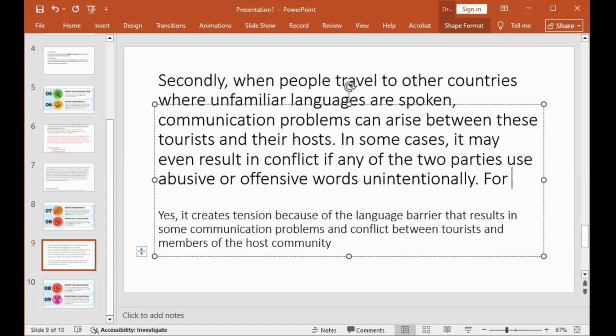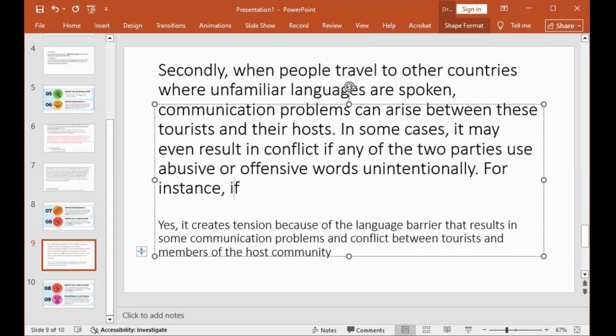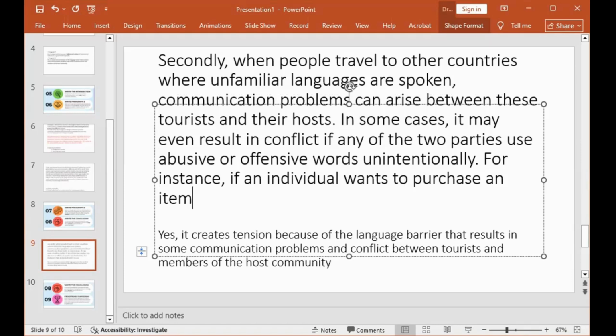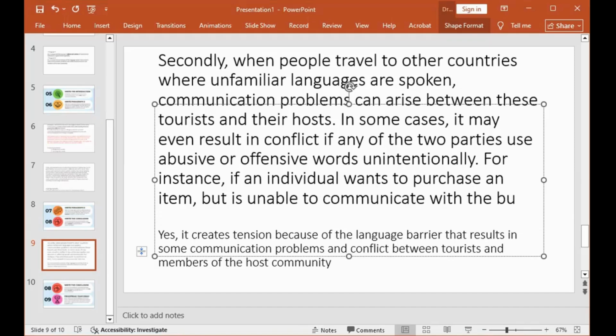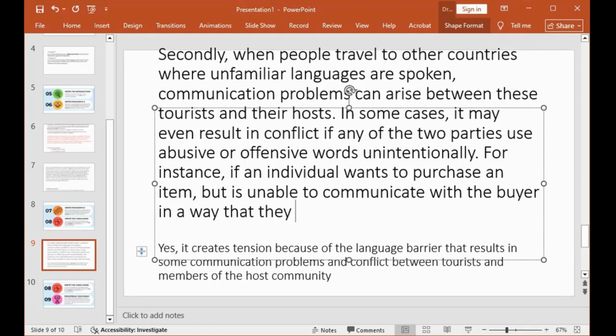For instance, if an individual wants to purchase an item but is unable to communicate with the buyer in a language that they understand,